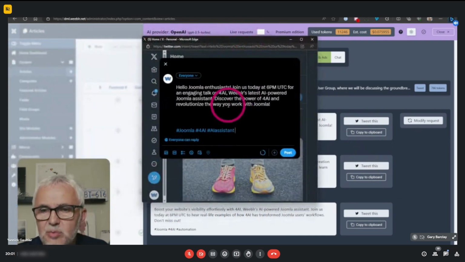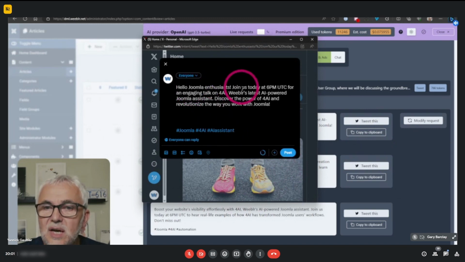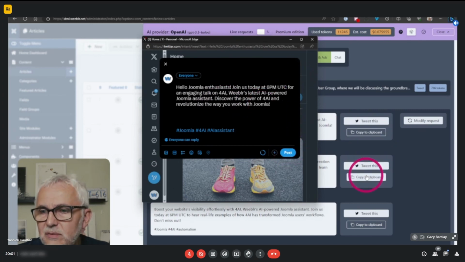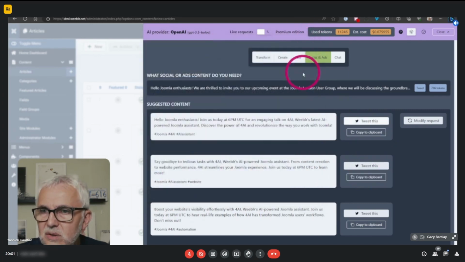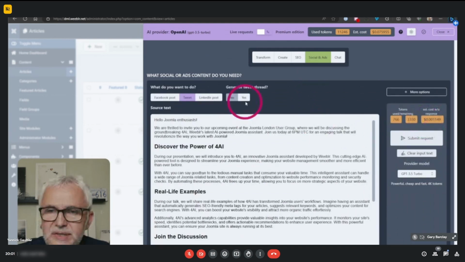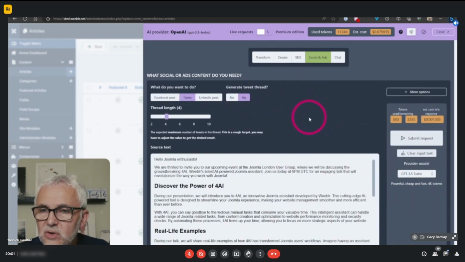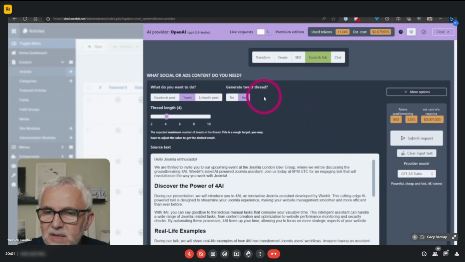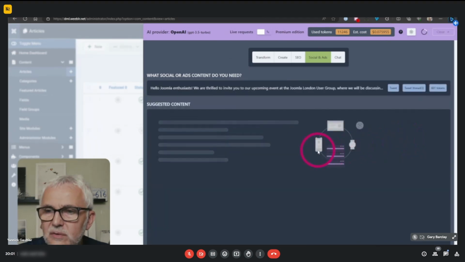and it opens up a pop-up where it prepares the work for you to finalize the tweet and post it directly from here. So it's really handy, especially if you consider that it's something that I was never able to do by hand. You can also ask it to generate a tweet thread, like a series of tweets about a topic, which are really interesting and attractive for many people.